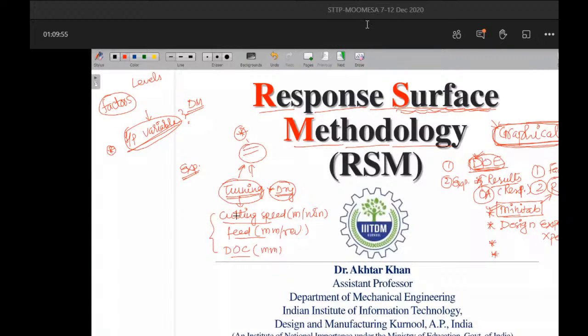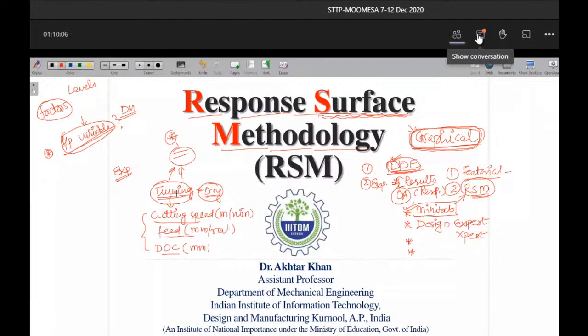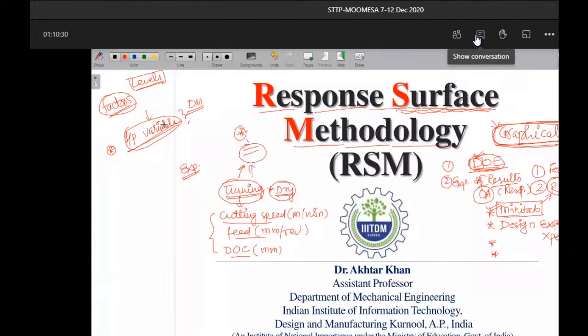Initially you have to identify the factors which have to be optimized. For example, I have selected 3 particular variables, cutting variables, you can say machining variables, or more precisely, these can be said as factors. So I have 3 factors. Once these factors are identified, you have to identify their levels. Most of the questions are based on these levels only: how you have selected this range. Let us say for cutting speed, if it is a 3 level, then the levels will be low level,